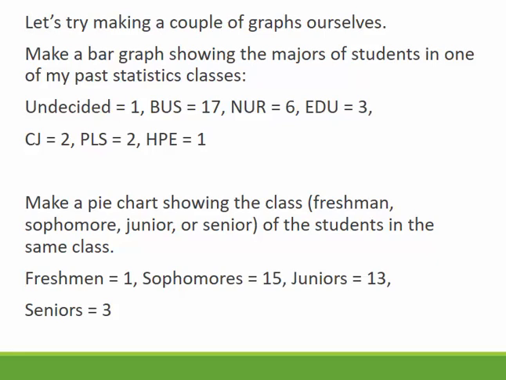Okay, we're going to make a bar graph, and I took one of my actual classes and I counted majors. I had 1 undecided, 17 business, 6 nursing, 3 education, 2 criminal justice, 2 political science, and 1 health and physical education. So if we want to make a bar graph of that,